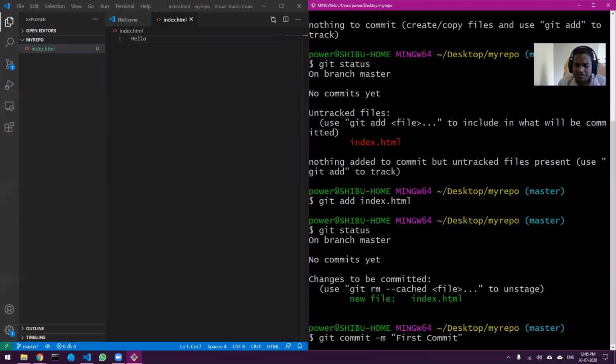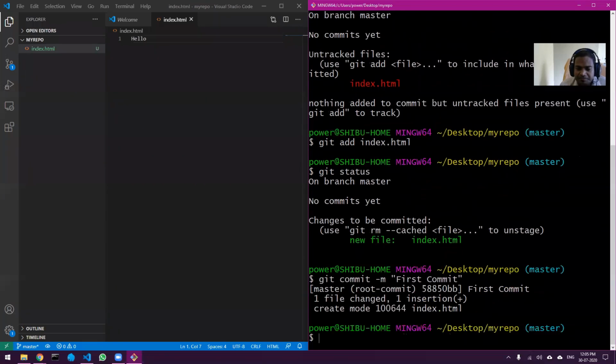So basically the syntax of the command is the name of the command, that is commit, then -m, that is the flag for message. So -m tells you that the next thing that is coming is the message. Now the message is first commit, and now if I press enter, you can see the commit is